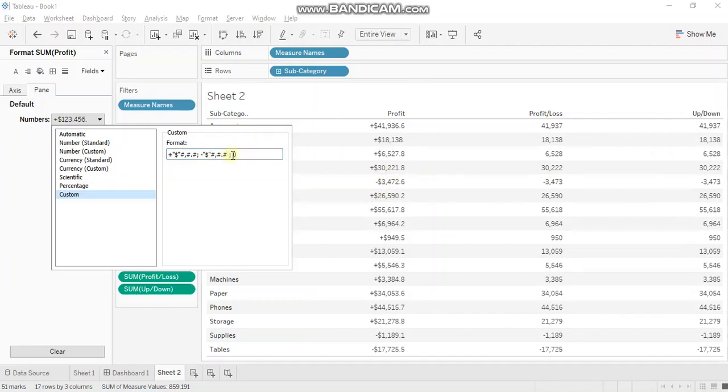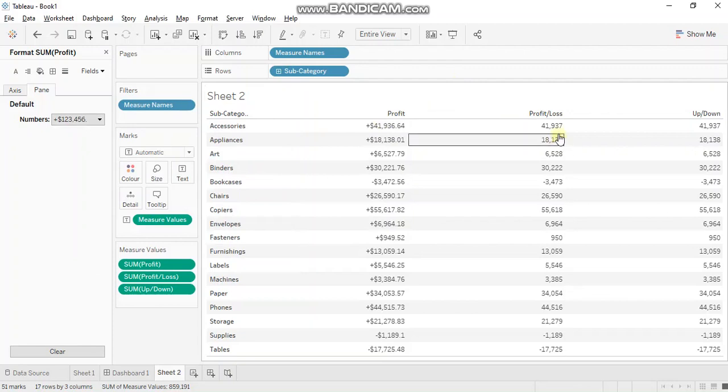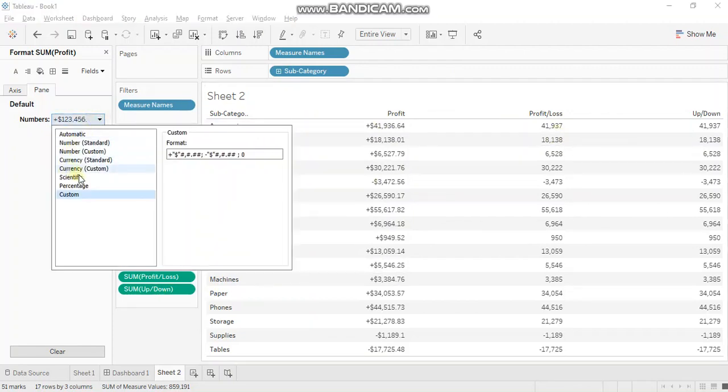If you want to display the value up to two decimal places, put two hashes here. Alright, so this was about showing a plus sign. Now let's go and show a number format in string.